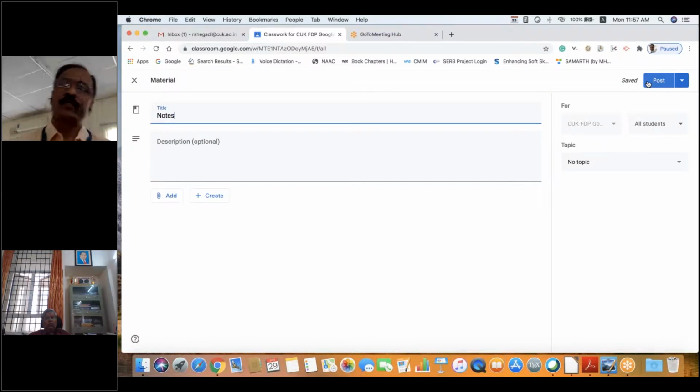You have to evaluate. If he has submitted, then you can give 1 mark. Whatever he submits, even just typing XYZ, you will get 1 mark like that. So better you give descriptive type in the assignment, but this you can use only to conduct the test. Quiz can be used to conduct the MCQ test.